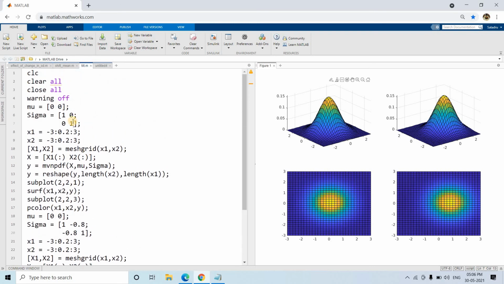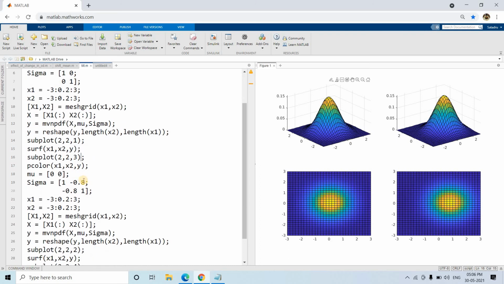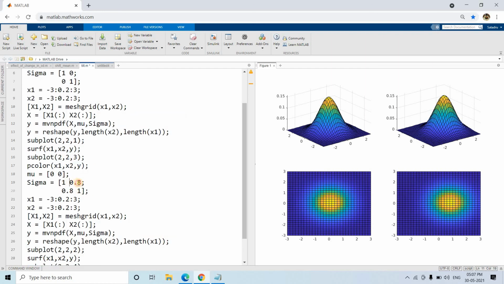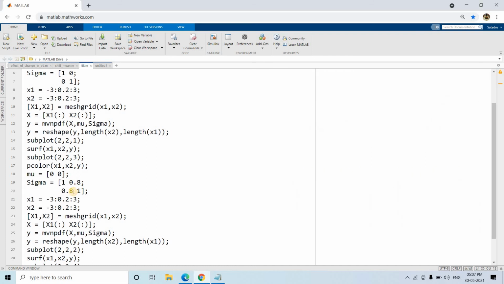Now we have checked the effect of changing the standard deviation and mean. This time let us try to understand what happens if the x1 and x2 variables are not independent. At that time these coefficients will not be 0, which we considered 0 here, right? So maybe let us check the positive case first. Suppose x1 and x2 are positively correlated. Then the covariance will also be positive, right? So I am taking some positive values this way.